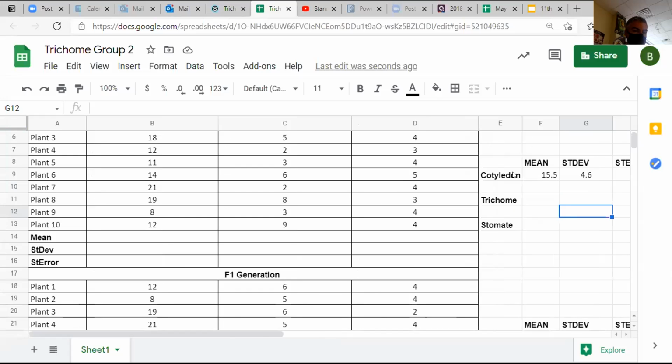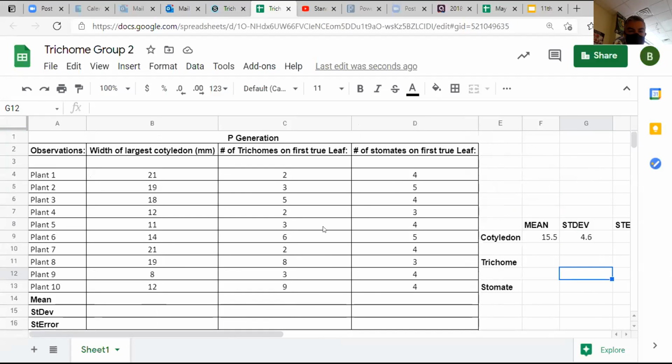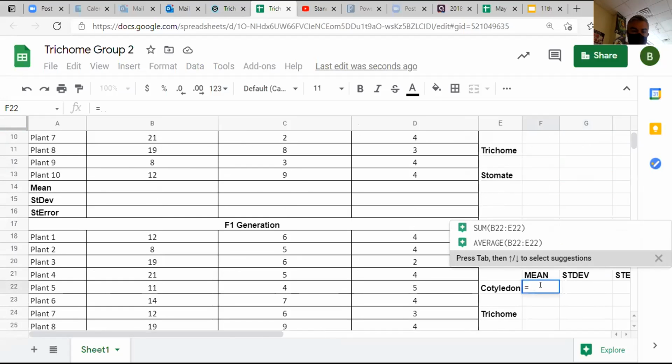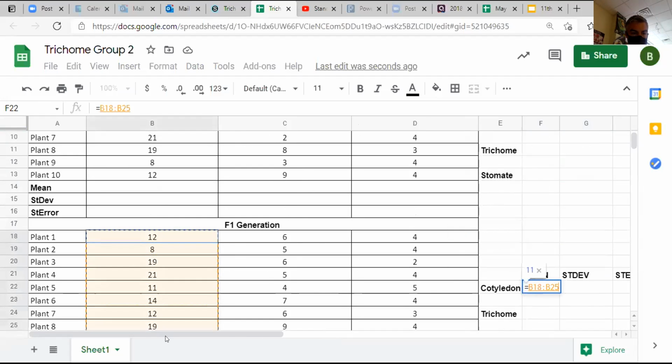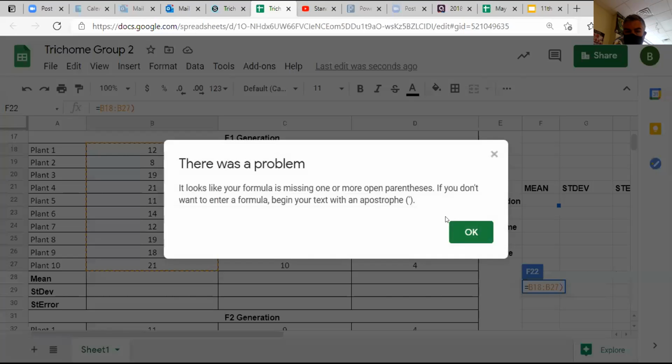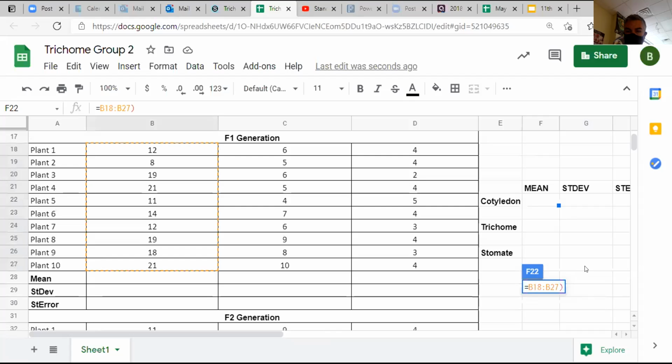And I want to see, should it change? These are under selection. So we're selecting for trichome. If they're linked, cotyledon should change with trichomes, if trichomes change. So let's go to cotyledon and see if the mean is any different. Equals. I highlight my data set. And, oh, I did something wrong. I don't know what I did. I wasn't paying attention. Hold on.